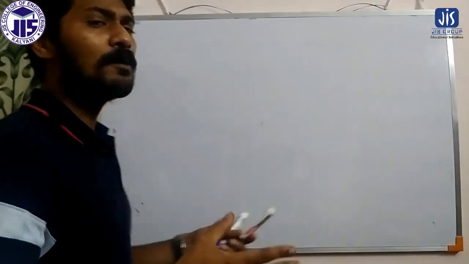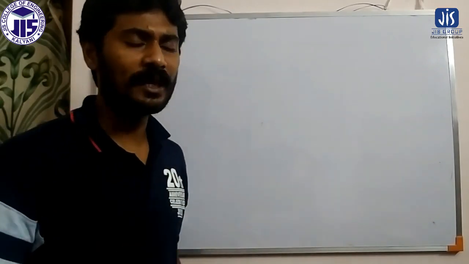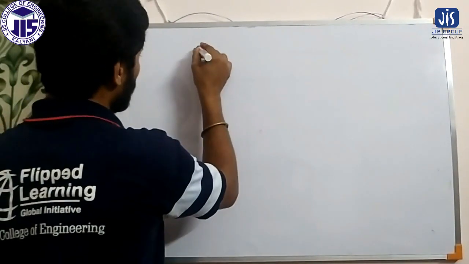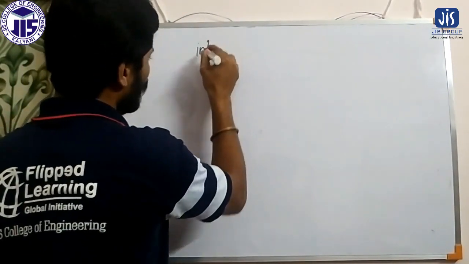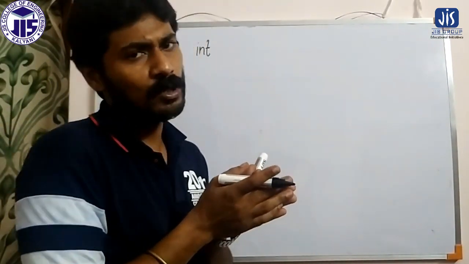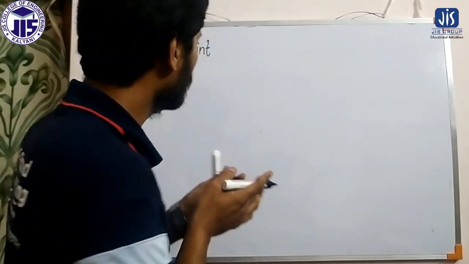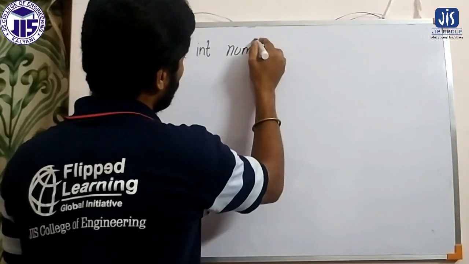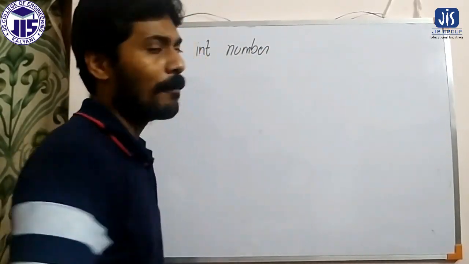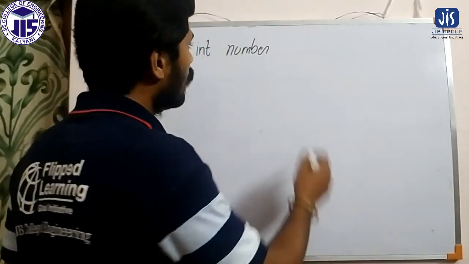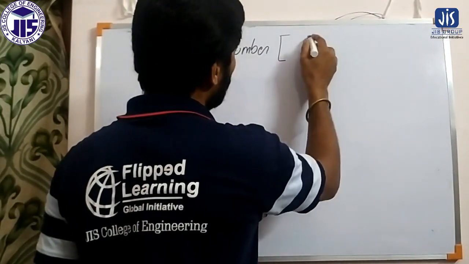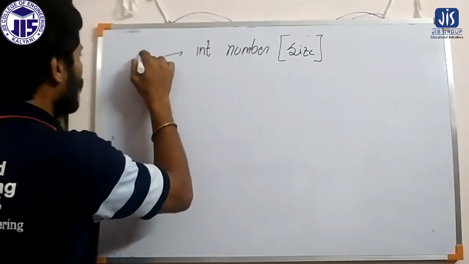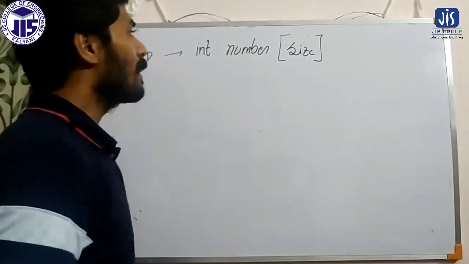The declaration is very similar to a one-dimensional array. In a one-dimensional array, first we write the data type. So here also the data type is required. It is also an array, so it will store only homogeneous data, there is no doubt about it. Then integer, then we provide the array name. We can consider number as the array name. Now, in a one-dimensional array, we mention only the size.